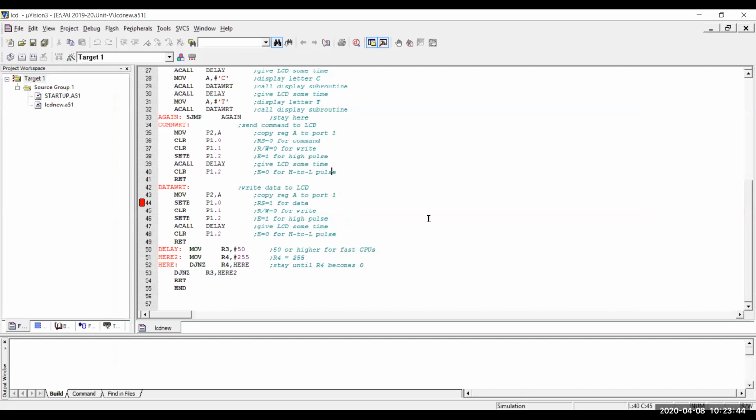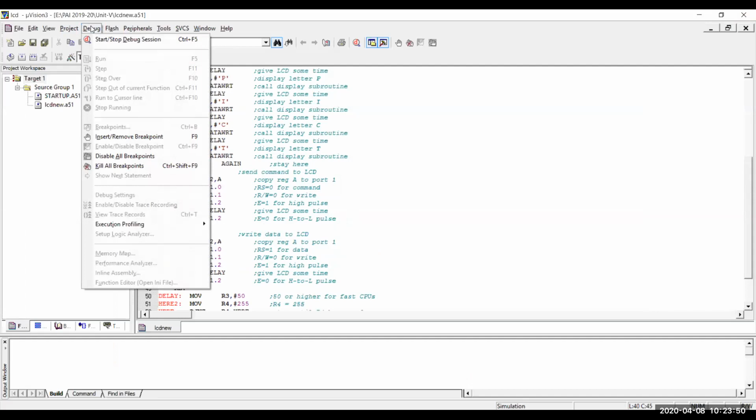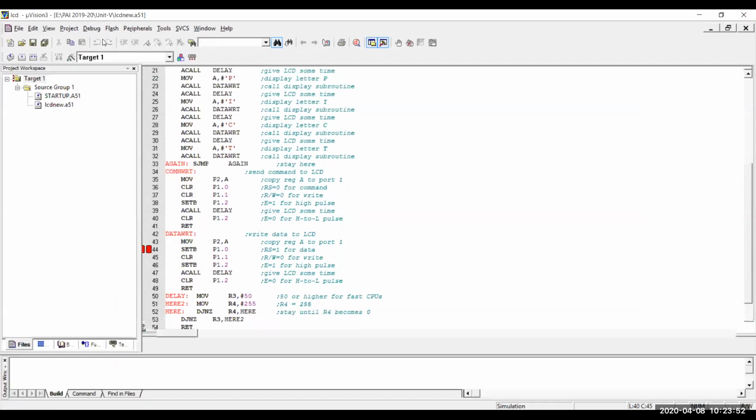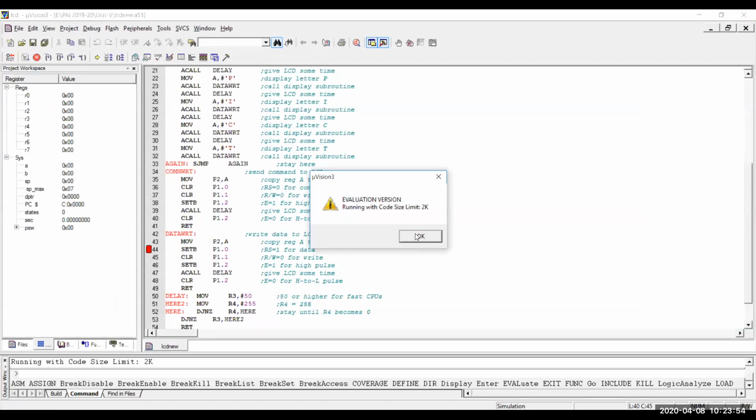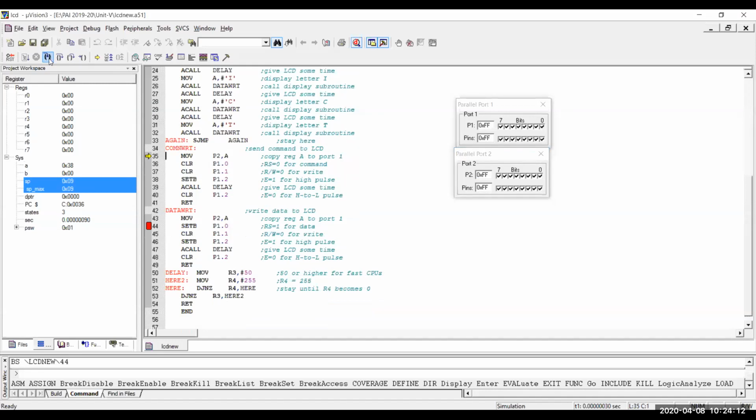So this is what we are doing in our LCD, our serial port, and the last assignment, the stepper motor. This is the program. To check the execution in Keil only, you just start the debug option. In the debug option, you open the port which you are using in your program. There is no need to open all the ports here. We are using only port 1 and port 2, so you just open port 1 and port 2 here.